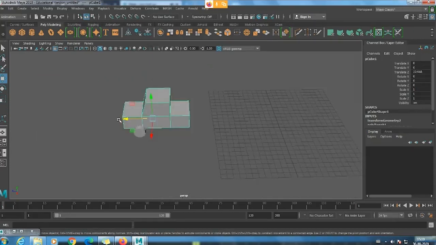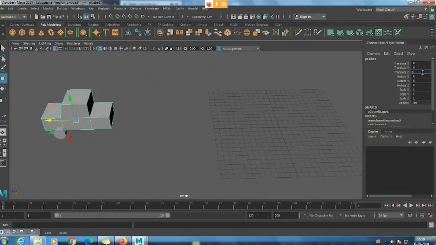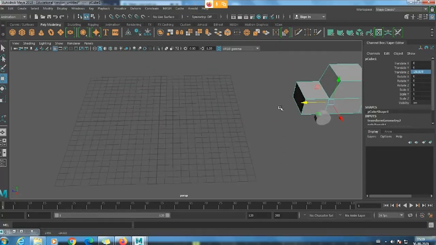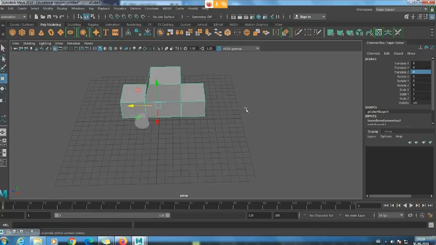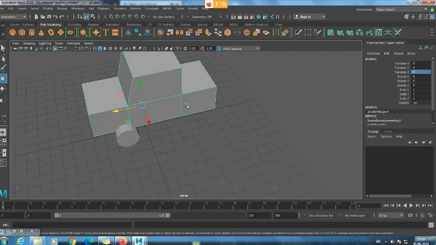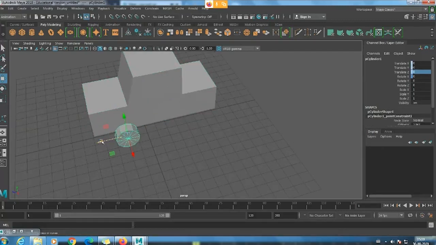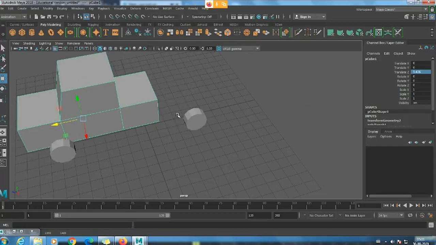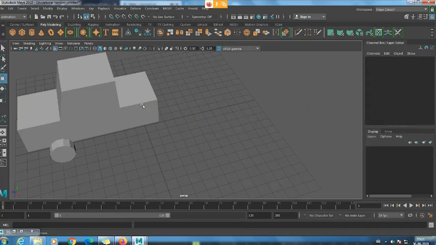You can see after 10 also it is moving, and if you go with minus values, with minus values also it is rotating. The same thing you have to do for all the remaining wheels. As I said, you can't duplicate this and keep it on the other side, so that will not take. You can see even though you copied, those keys will not be taken for this object, so you have to manually do it again for the remaining wheels.